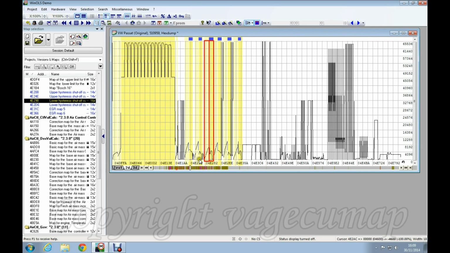Little flat line there, little flat line there, again there, there and there. Of course, it's not easy to see because the original values are still there quite obviously, so it's quite difficult to make out the zeros at the bottom, but obviously in 2D view we can see them clear as anything.